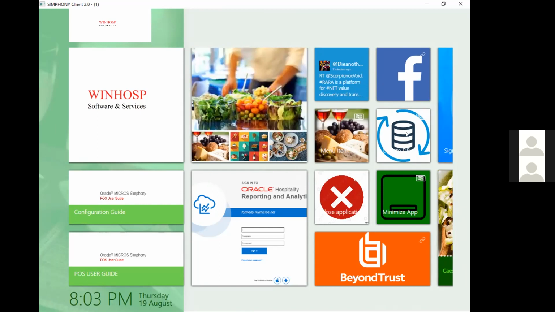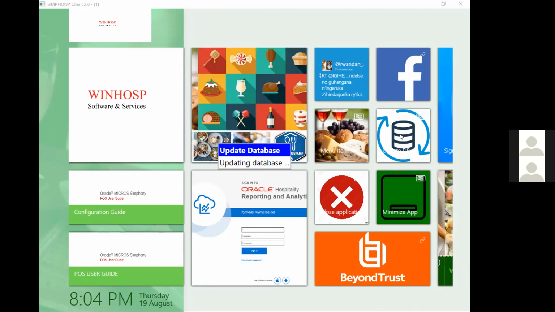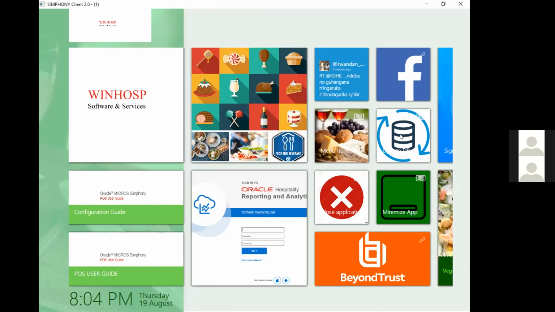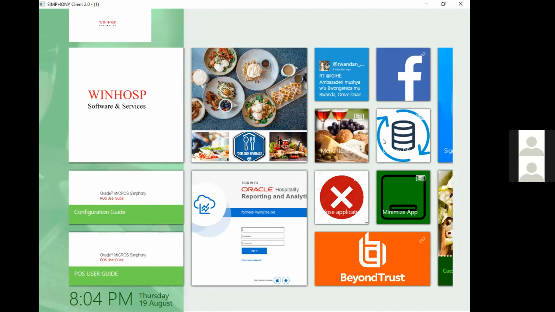Next, this button is for updating the database. If any kind of configuration is done on the backend and a user wants to update it at the same time, the user can click on this button. If you see here, for a fraction of a second, it populated the update database prompt, and after that it went off.